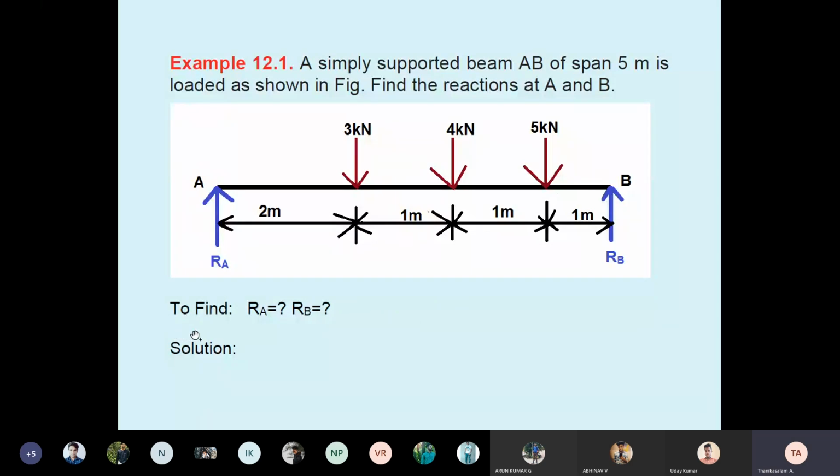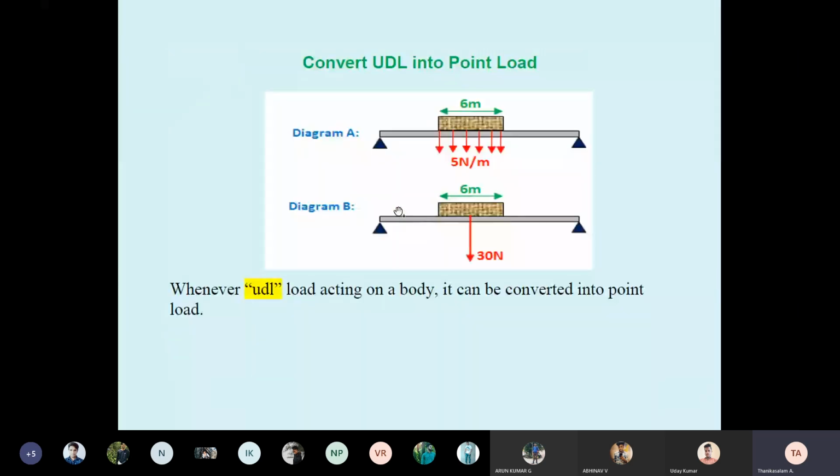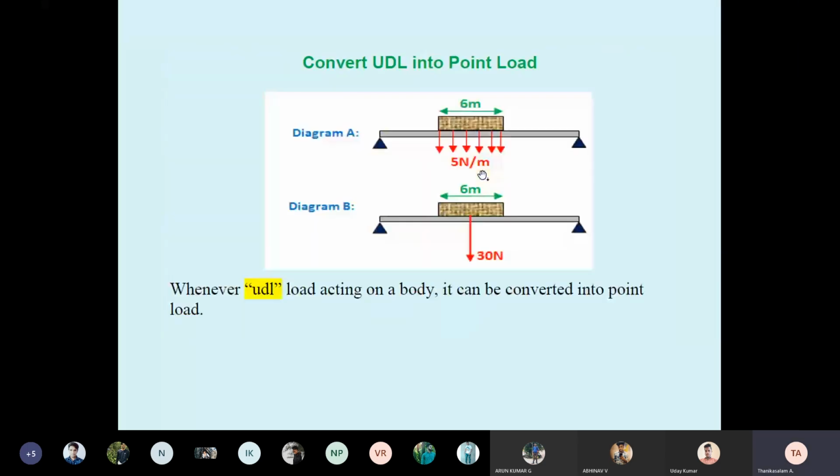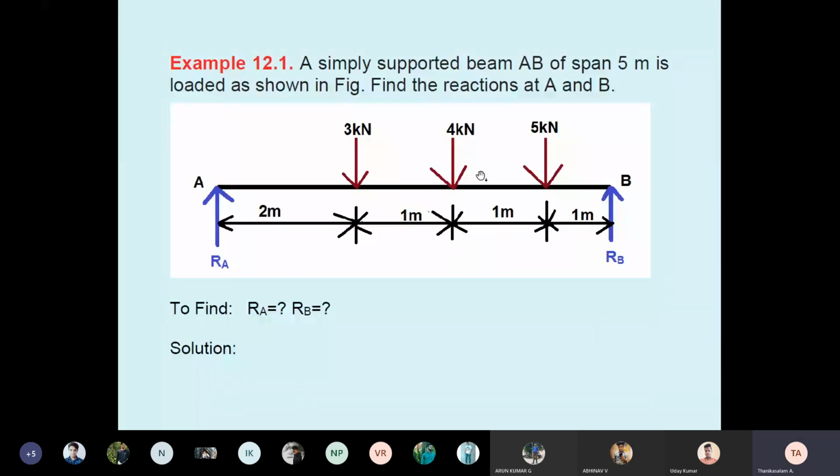Okay, so our aim is to find the reactions. See the given diagram, it is mentioned simply supported. Simply supported means only one reaction at each support. In the diagram there are two simple supports, therefore RA and RB. Whenever you say support, it gives a reaction. Students remember, whenever you say support, it gives reactions. That is why support A, RA. RA means reaction at A. RB means reaction at B.